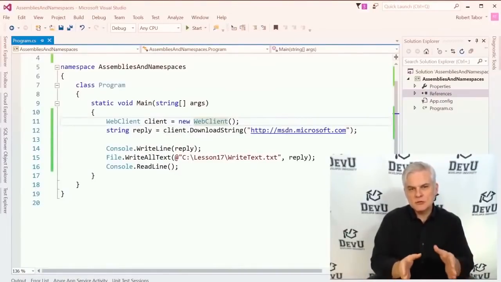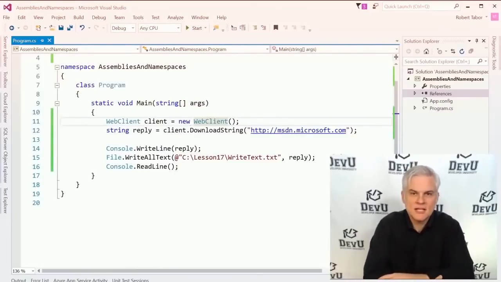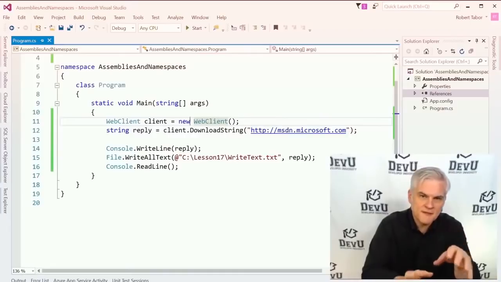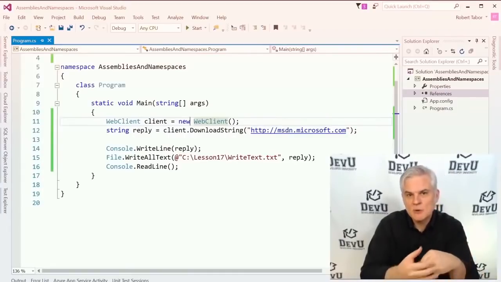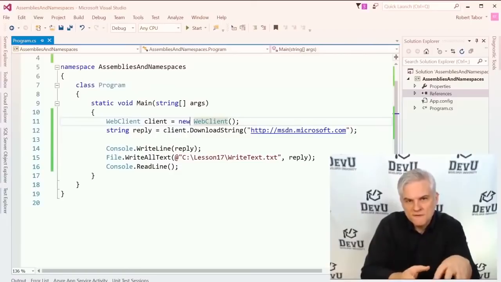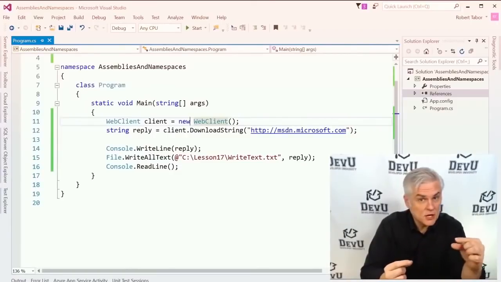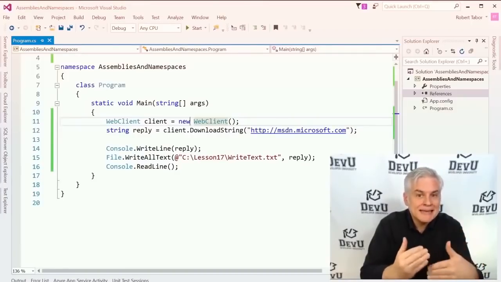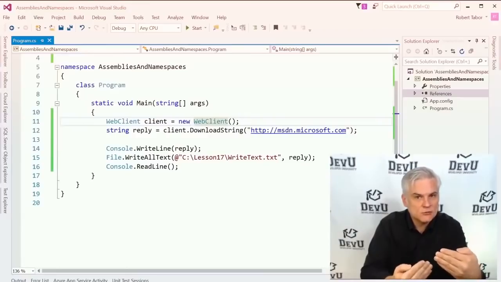Okay, so that pretty much wraps up what I wanted to say in this lesson. We are able to utilize the classes and methods in the .NET Framework class library, and we can find what we need by doing simple searches in Bing.com using site:microsoft.com to find the classes and the methods that we want to work with. Once we find those classes that we want to work with, and we find maybe even little code snippets, we can copy those into our program, and we may need to at that point fix the references